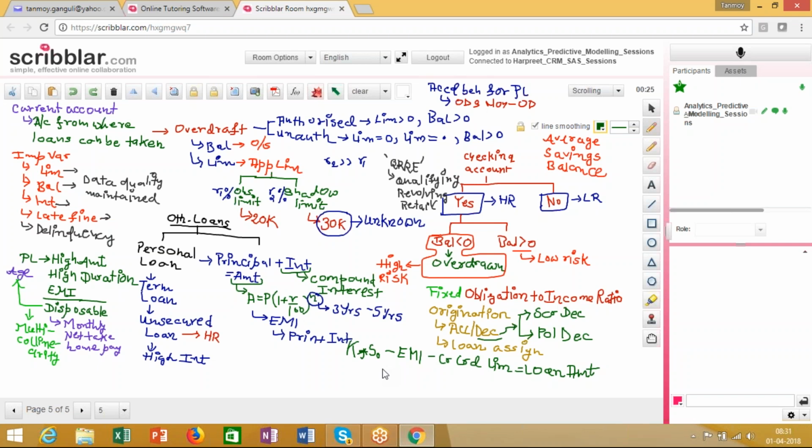The lower the willingness of the borrower to pay back the credit, the higher are the chances of the borrower to default. So